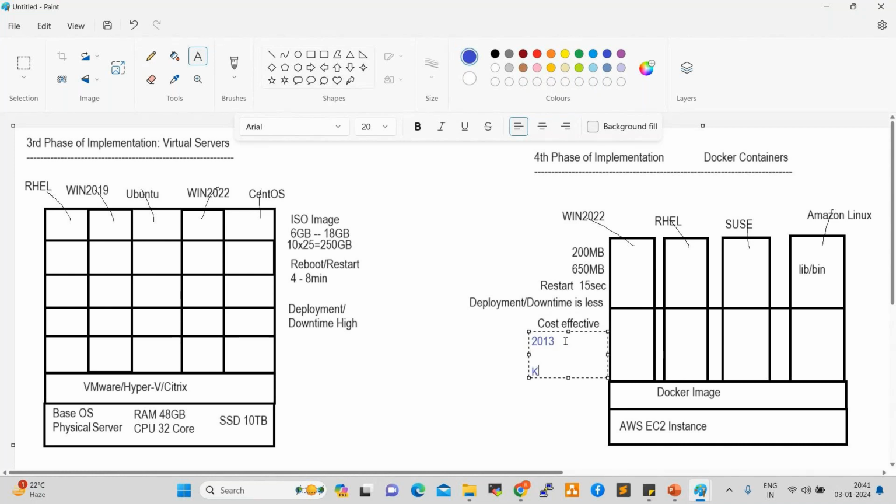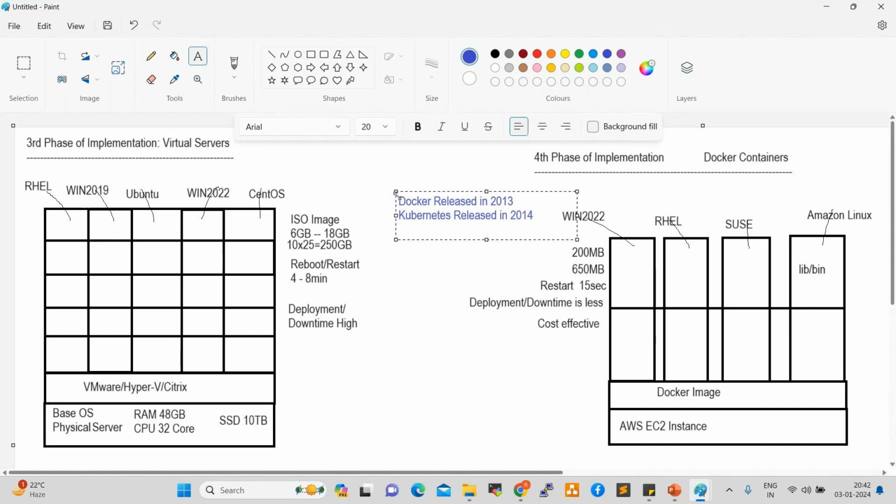Kubernetes was released in 2014, because Kubernetes is advanced compared to Docker, right?